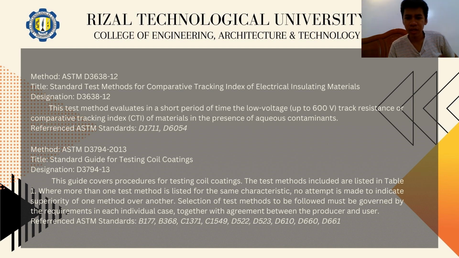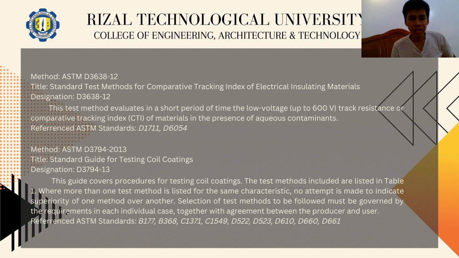Electrical equipment can fail as a result of electrical tracking of insulating materials that are exposed to various contaminating environments and surface conditions. This method is an accelerated test which, at relatively low test voltages, provides a comparison of the performance of insulating materials under wet and contaminated conditions. The comparative tracking index is not related directly to the suitable operating voltage in service. Next is ASTM